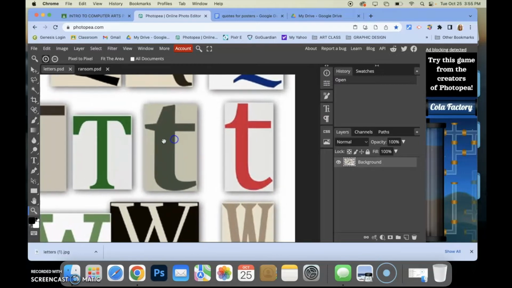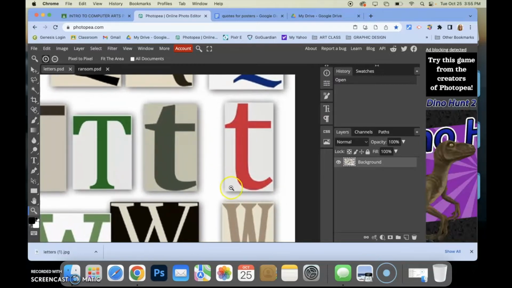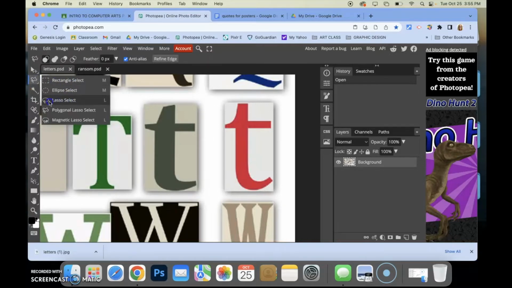You can use whatever letters that you want, whether they're script, capital, lowercase. So you're just going to pick one. I'm going to pick this red T right here. So I'm zoomed in pretty good, and I have it where I can see the edges, and I'm going to use the lasso tool. You want to make sure you're using the polygonal lasso select, and you are going to